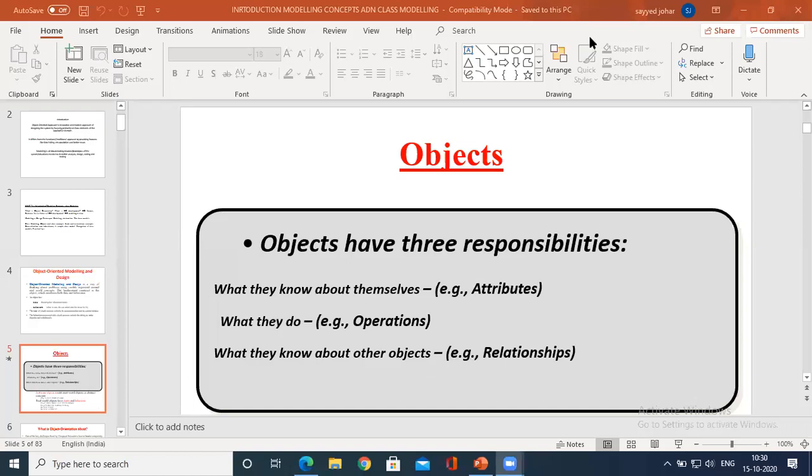The relationship that you maintain with another object.